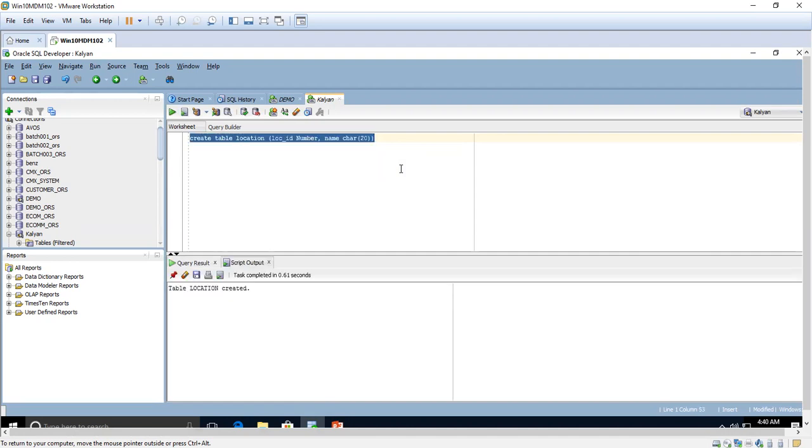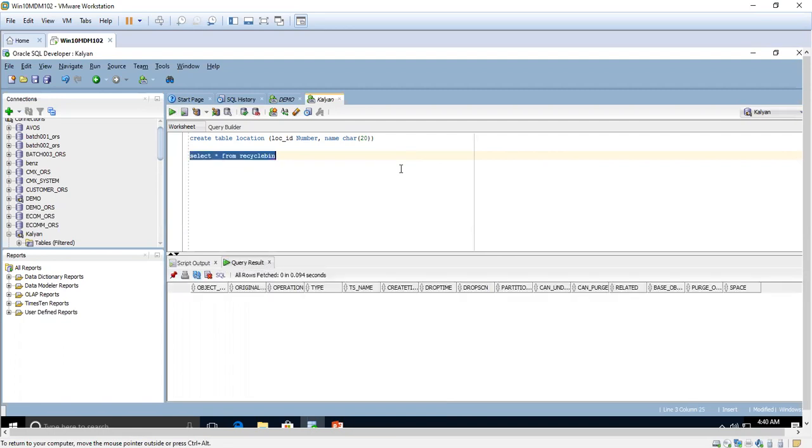Here, I have created the table. See, nothing is available in the recycle bin table. This is a system table, and I will show what is going to happen when we drop the table.